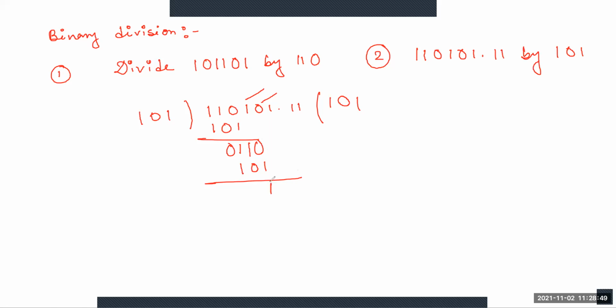0 minus 1 is 1, and this is 0. So again I am taking from 1. So it is now again not divisible. So here I am putting 0. Okay. So after that there is a